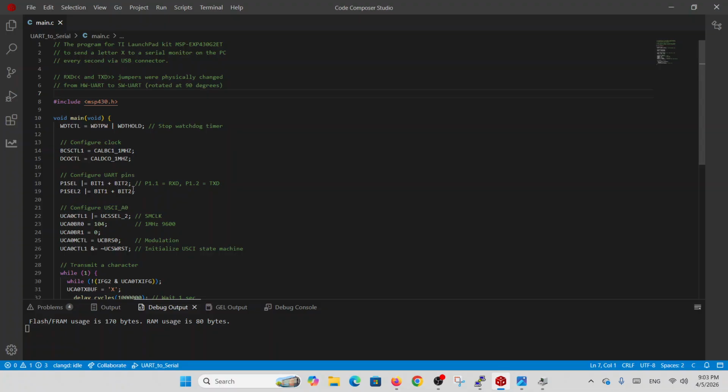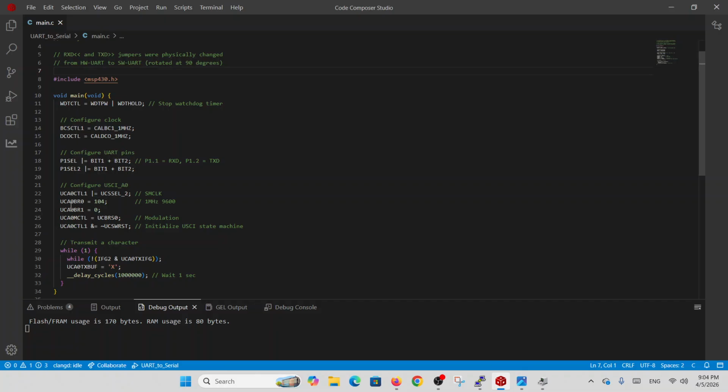Configure the UART pins and define the relevant buffers for the relevant UART configuration. Here we have a 9600 bits per second rate, for example. And we are putting inside the TX buffer an X character every second, and it is presented on